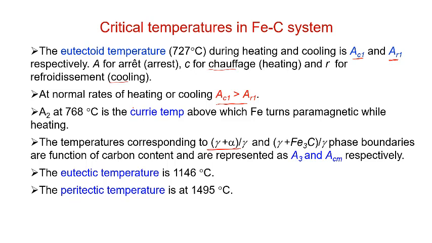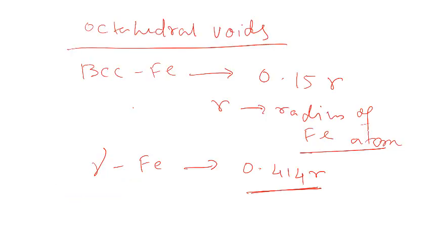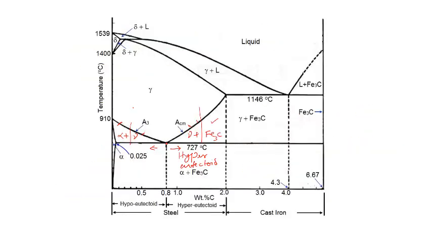Okay. So these are the different critical temperatures that you see in this system. First of all, the eutectoid temperature, the line corresponding to that. Then you have these two lines A3 and ACM separating the two phase regions from the single austenite phase. And of course, in between you have the A2 temperature, which is the Curie temperature for iron. Okay, now let us come back to this again,